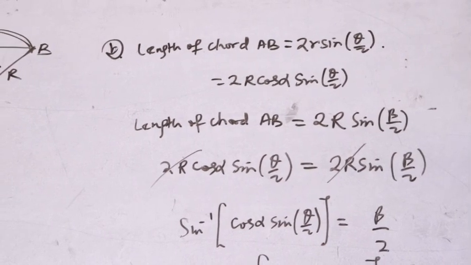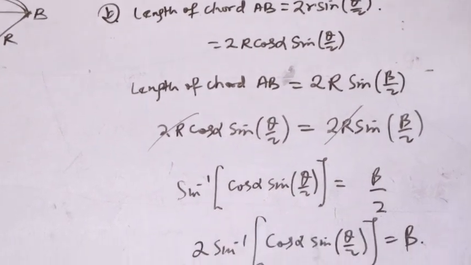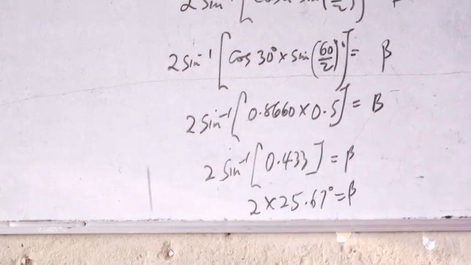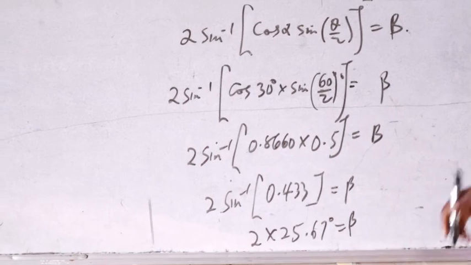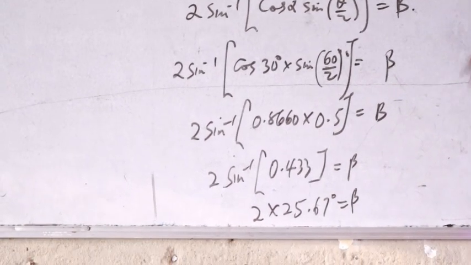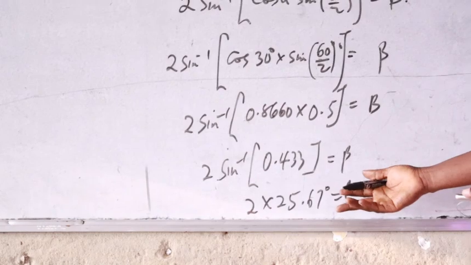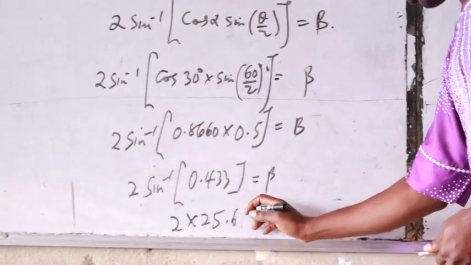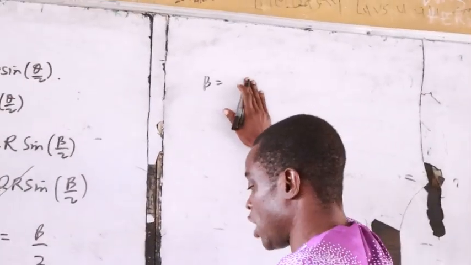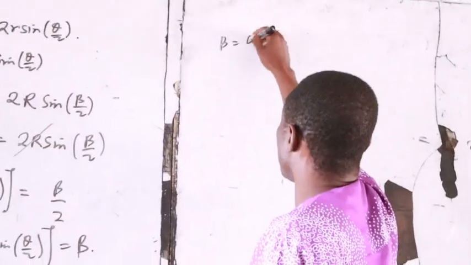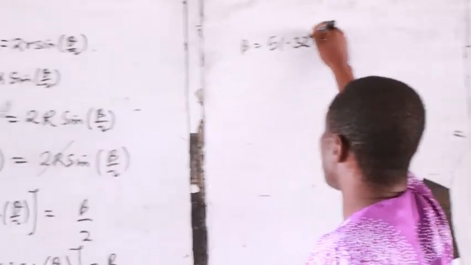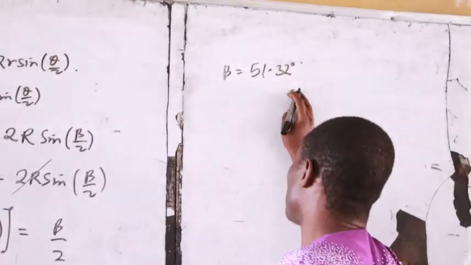51.32. Beta equals 51.332. Why is it 32? This is 7 now. Is it 66? 66 what? 658098889. Okay, 66 now. If it is 66, that's multiplied by 2. What do we have? 51.332. So if the angular difference is 51.32,